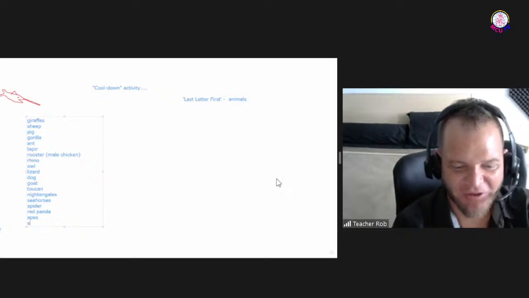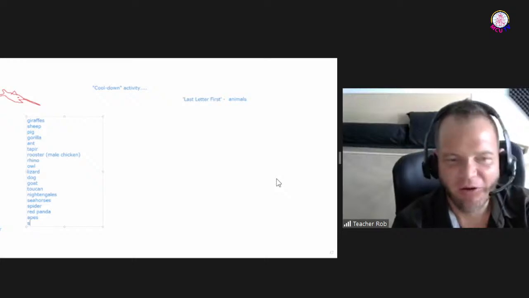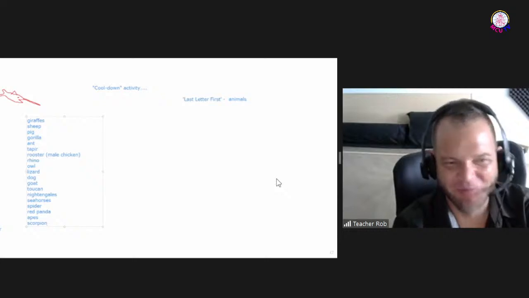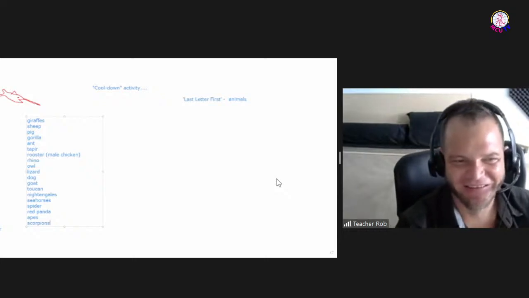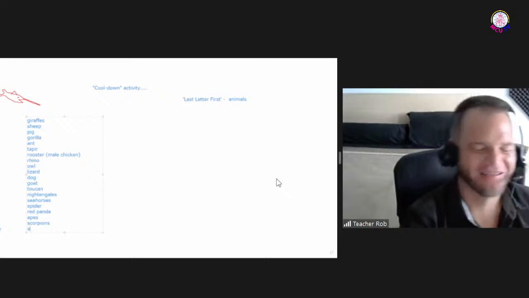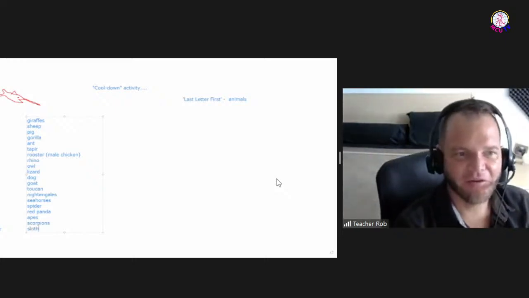Scorpion. Good one. Now I think I'm officially out of ends. So let's go scorpions and stick with S. Sloth. Oh yeah, I love sloths. I hadn't thought of that one yet. Sloth gives us, I think,